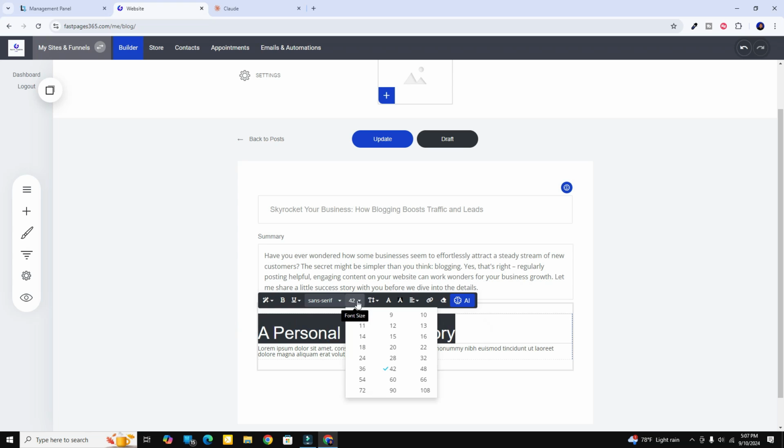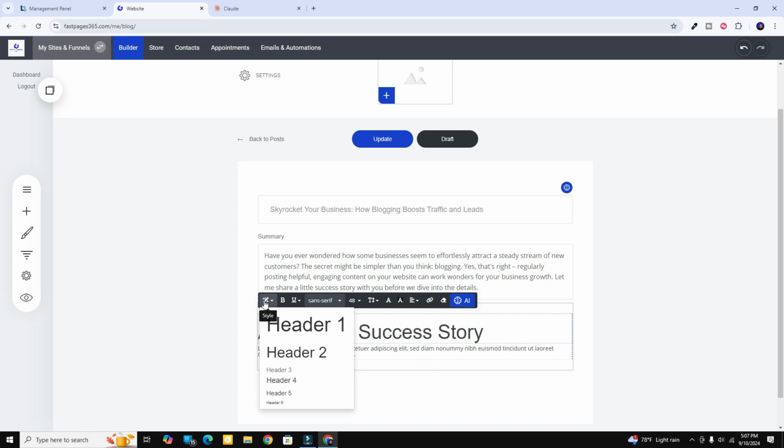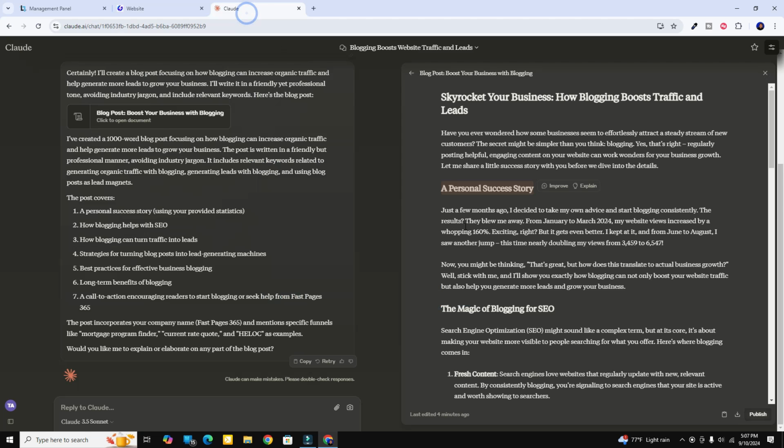Let's make it 48. There we go. So now it's an H1 size 48. Now I'm going to take that first paragraph and copy it. Actually, I'm going to copy them both right here. So I'm going to hit Control C, take that first paragraph, and you can see there's a space right after